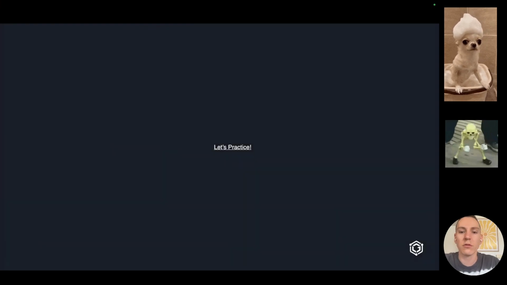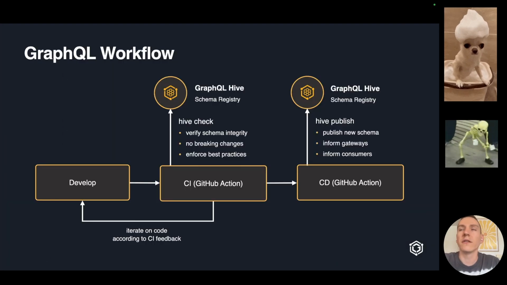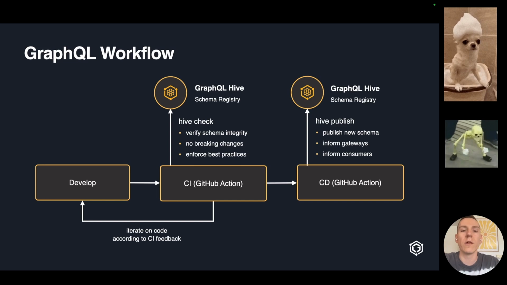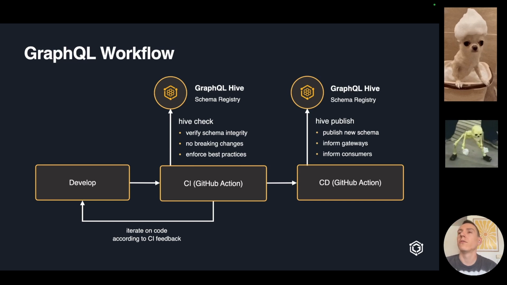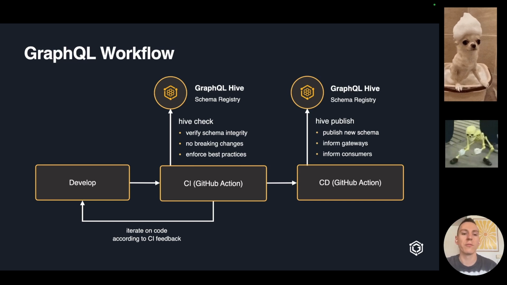So the next point I want to talk about a bit is how this does fit in within your development workflow. Usually the flow that's popular with Git or all kinds of providers for doing source control management is that you develop, then you push your code to your Git system, and then you have continuous integration running. Within the continuous integration, you would use the Hive schema check command for verifying that